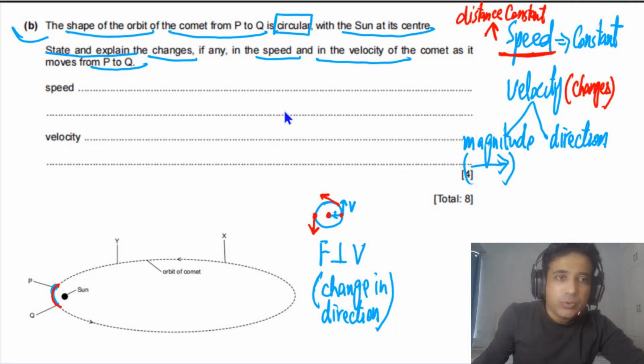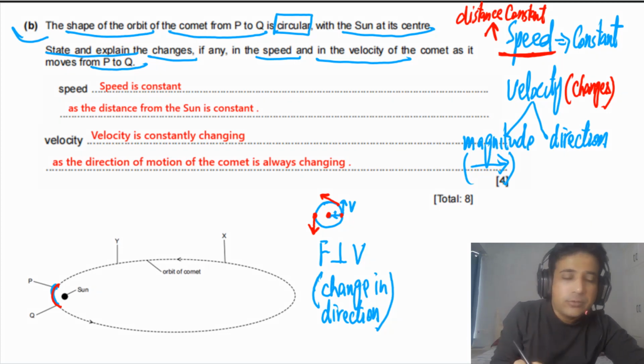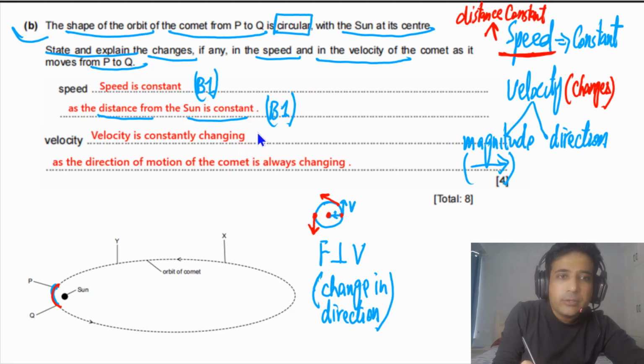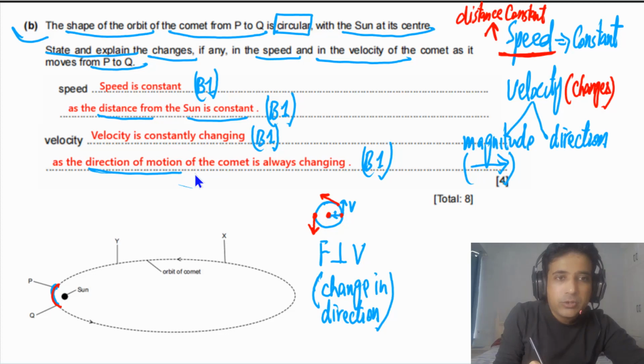So let me show you the answer. This is how you can write down your answer. And this question has 4 marks. If you have written these 4 points, you will get 4 B marks. So this will be 1 B mark. Speed is constant because the distance from the sun is constant. So if you write the second point, you will get the 2nd B mark. And the 3rd B mark you will get if you have written velocity is changing. And the 4th B mark you will get if you have written as direction of motion of the